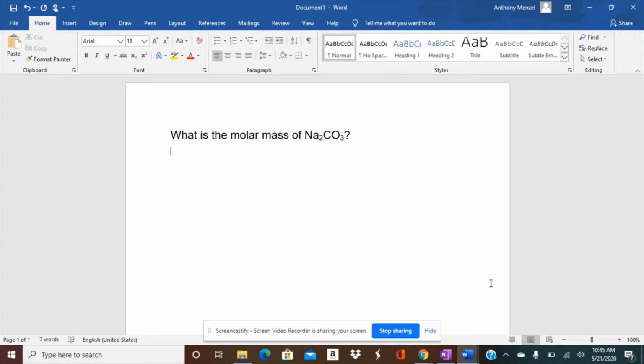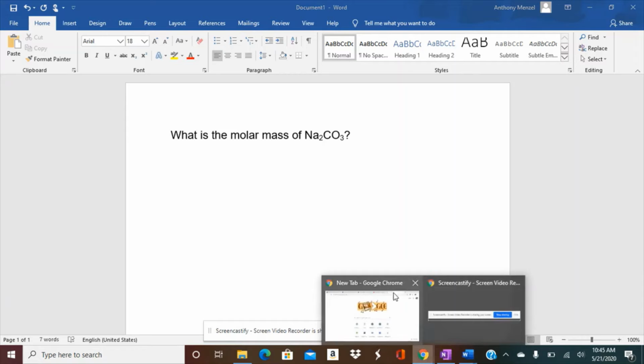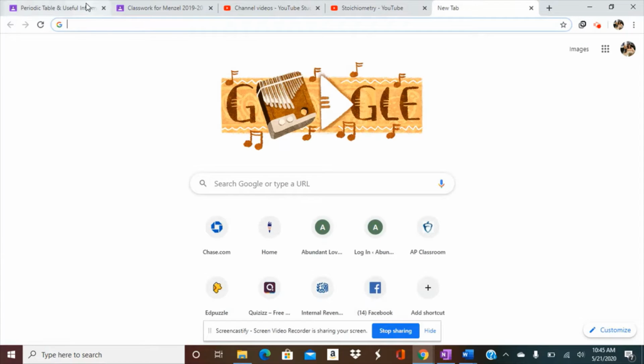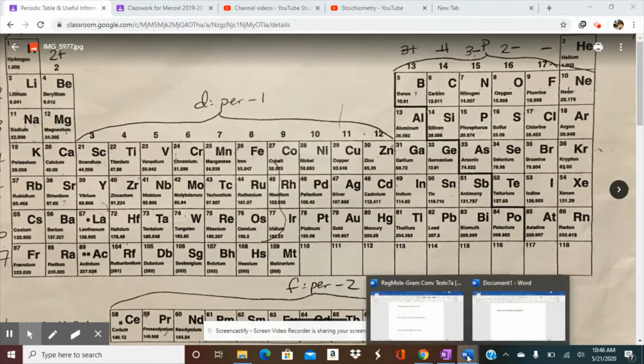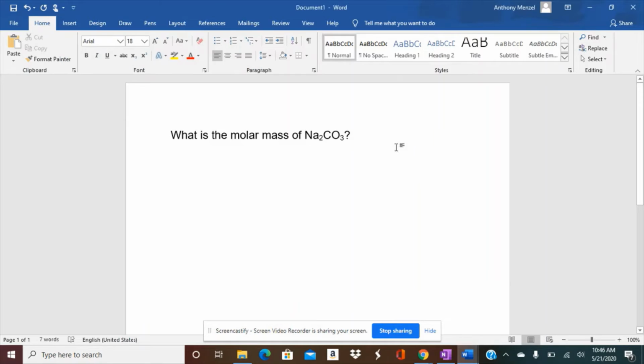We have to learn how to calculate the molar mass of compounds. The molar mass of elements is very easily obtained from the periodic table. For the molar mass of compounds, we have to learn how to use the molar mass of the elements in order to calculate the molar mass of the compounds. So here we're going to learn how to calculate the molar mass of sodium carbonate,